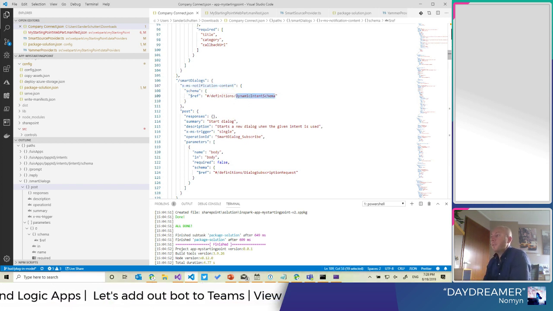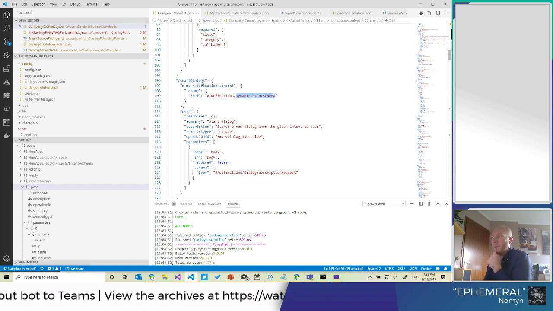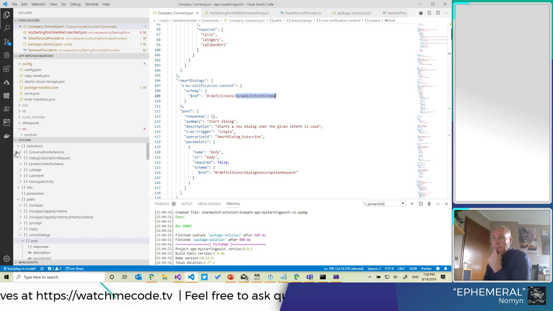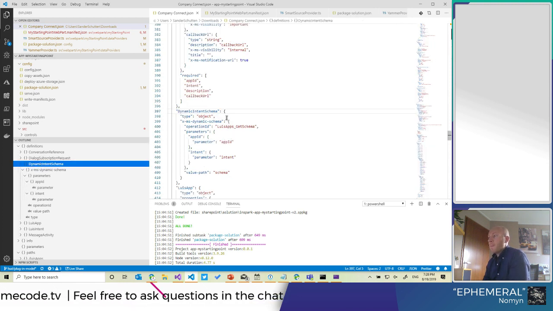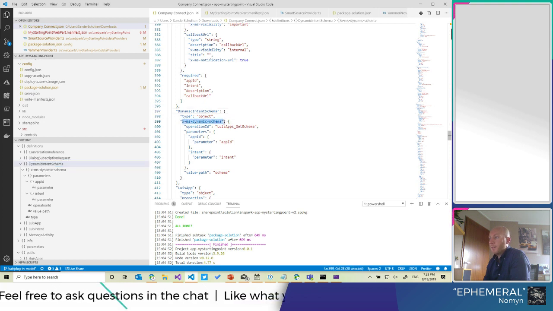And this is referred to by this dynamic intent schema. So we could have defined it here directly within the schema, but for reusability and also to make it a little bit easier to read, because the schemas can get quite big, we have set it up to be a definition that we can reference. So let's take a look at this dynamic intent schema. Well, it's of a type object, but this is the most important part. It is of type